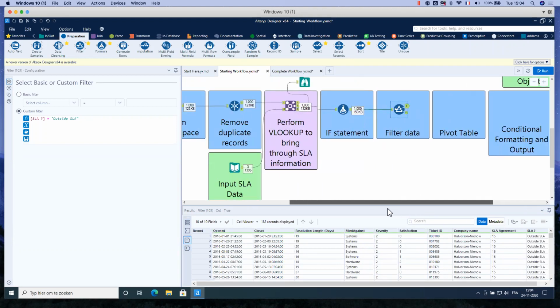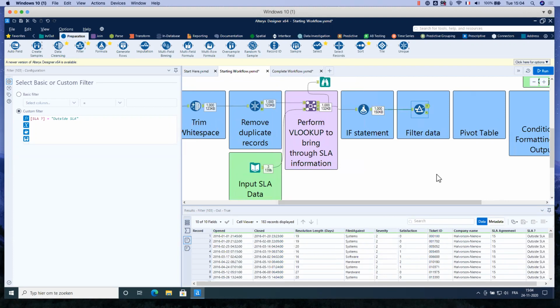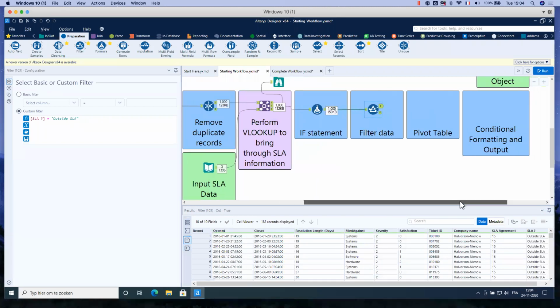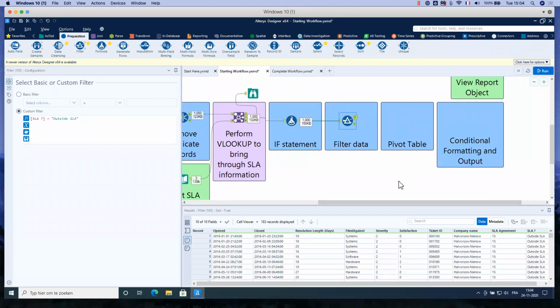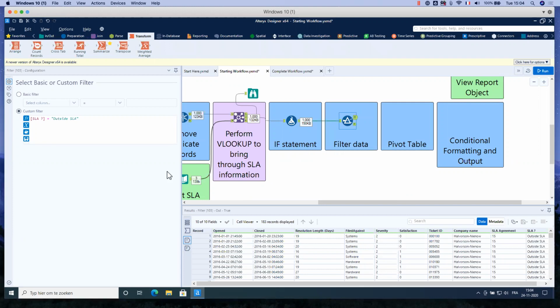Now the end goal is to have the number of tickets by company and also the average satisfaction and severity. For that, it's the equivalent of the pivot function in Tableau, so we will use the Summarize tool. You can find it in the Transform category on the top.